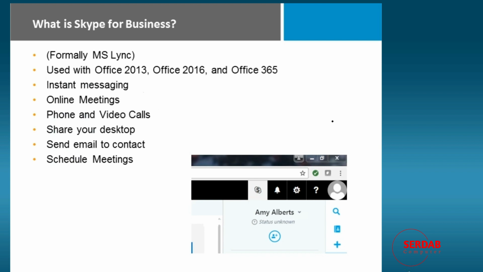Skype for Business is formerly known as Microsoft Lync, and I always put that there because there are people who are still calling it Lync even though it's already been a couple of years. You can use it with Office 2013, 2016, and Office 365. All three of those will install a Skype client for you. What people know it most for is instant messaging, but you can hold complete online meetings. Online meetings mean that you have